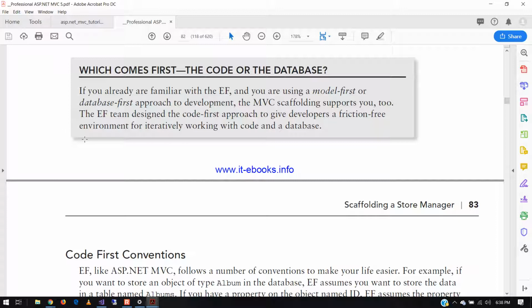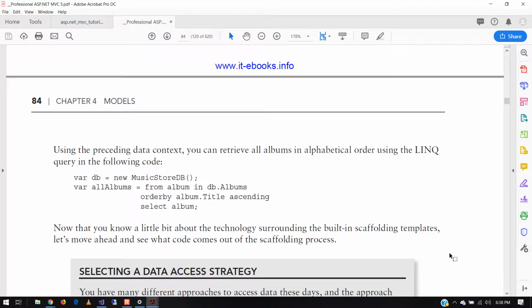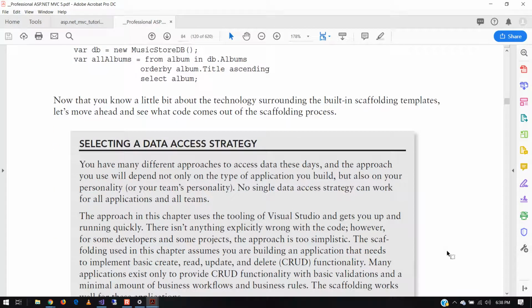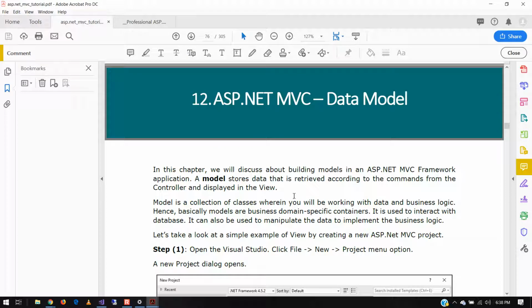MVC can work with a database that pre-exists. You just use different tools and approaches. Okay, so I think that's really probably enough of a background to get us back over to the tutorials, and they have a bunch of different stuff here, and I'll let you read the rest of that chapter on your own. But for now, we're going to jump back over to our tutorial document and pick up in section 12